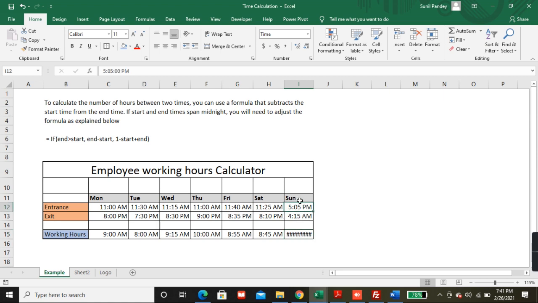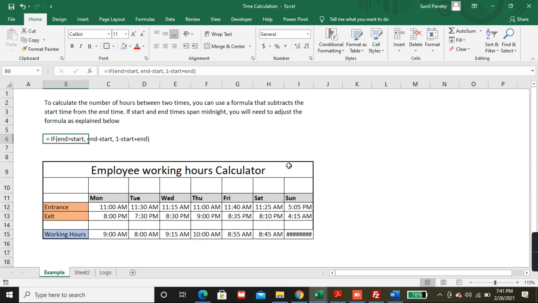Because to calculate the number of hours between two times, you can use a formula that subtracts, which I have already used over here. But if the start and end time span midnight, you will need to adjust this formula.